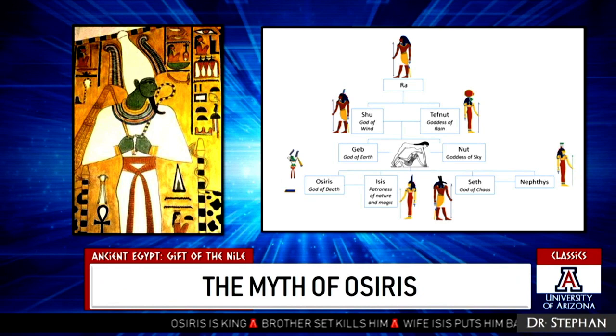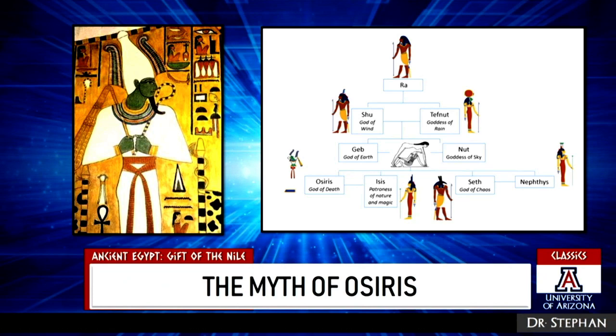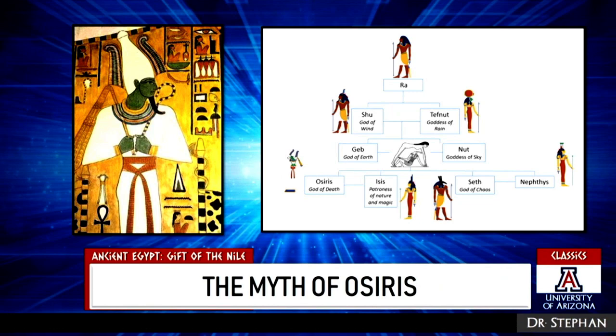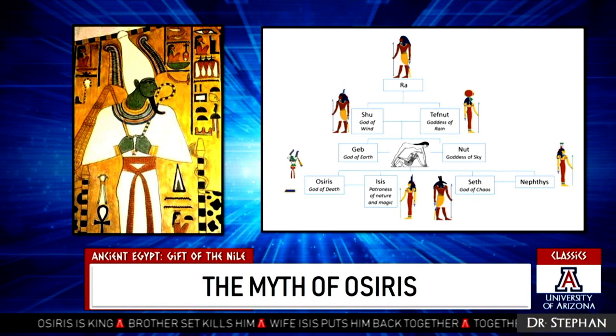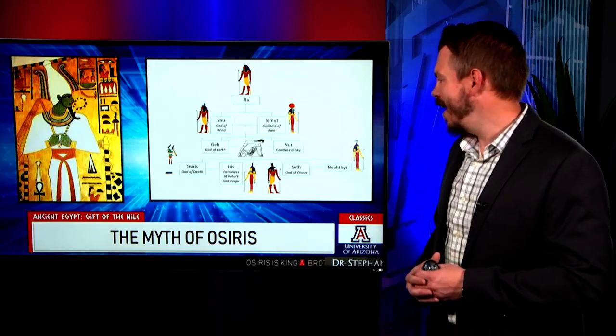Now, Set is not happy that Osiris gets to be the king, and so one day they get into a fight, and his brother chops him up into 14 pieces. So that's about the worst case scenario for Osiris. His body parts are scattered all around Egypt. Now, luckily, he's got a very loving wife, and Isis goes around and collects all those body parts, stitches him back together, then kind of creepily makes out with him, and 9 months later, you get the baby Horus being born. So Horus is the offspring of the put-back-together Osiris and his wife Isis.